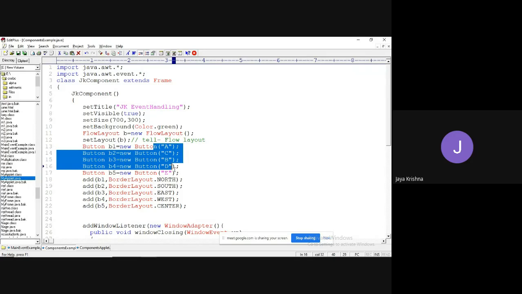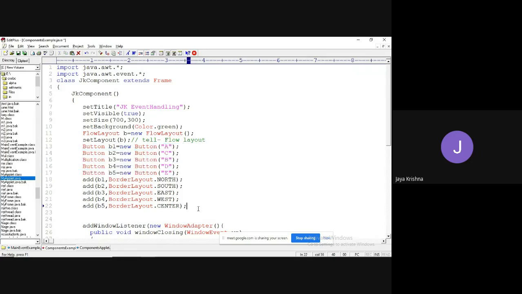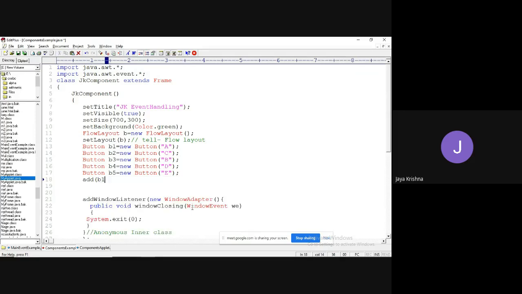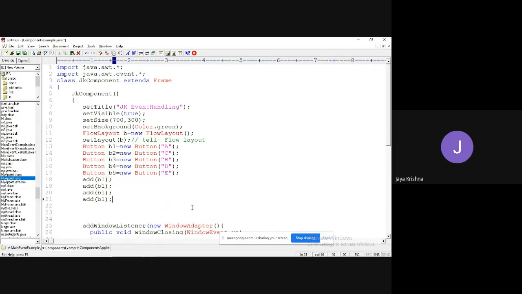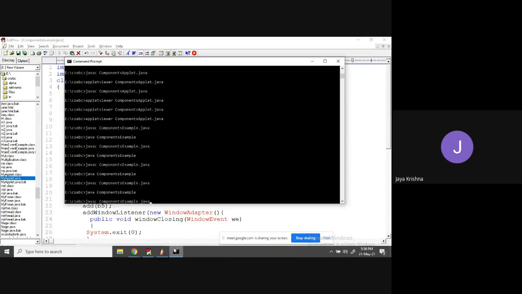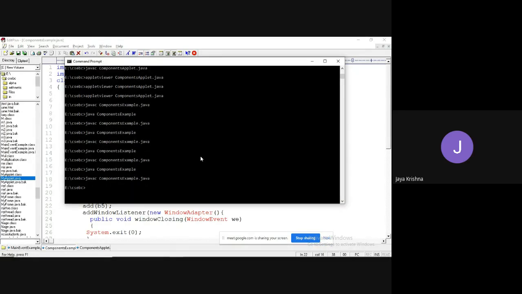I have added 5 buttons, and I need to add them to the container. The remaining is all the same. So this is the closing.